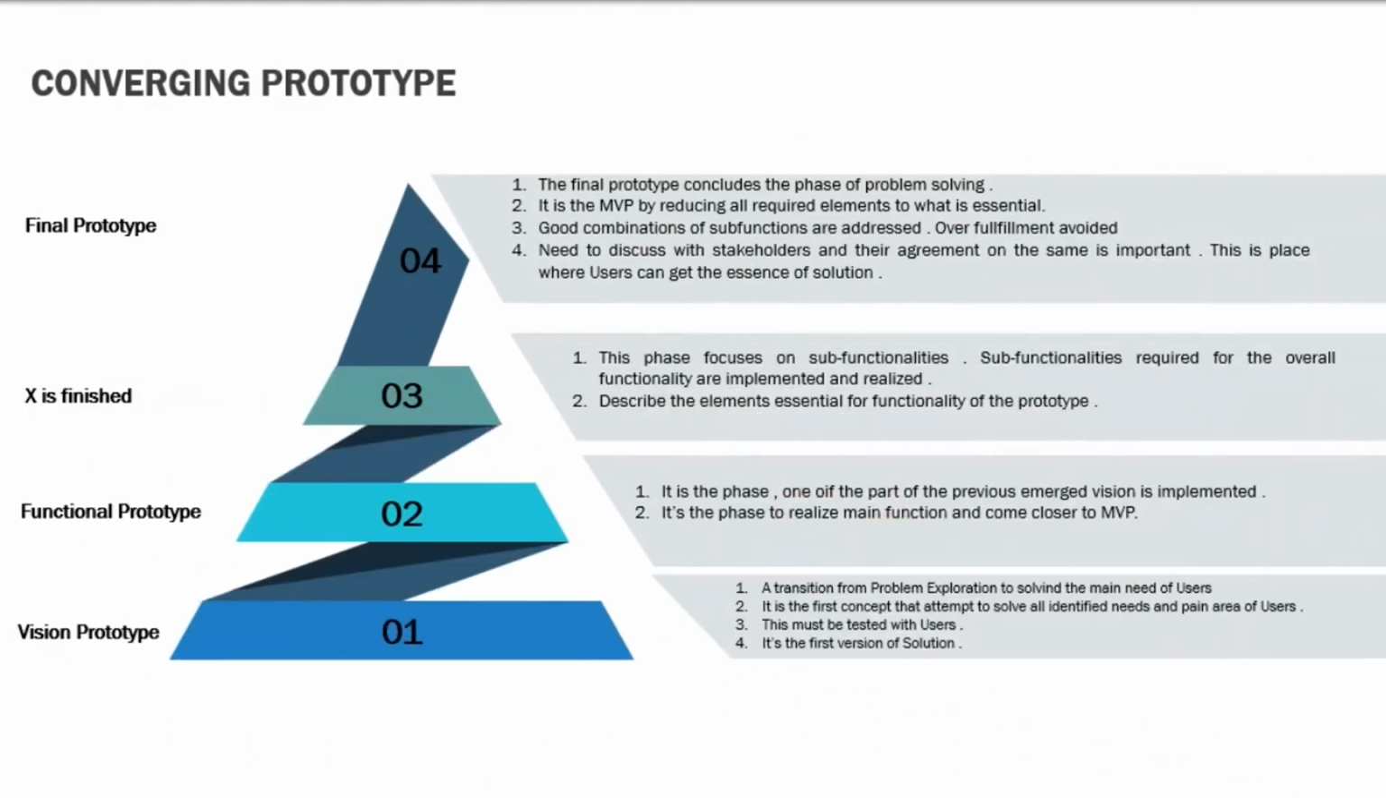Converging prototype. A converging prototype is a prototype that represents the refined and consolidated version of an idea or concept. It is developed during the convergent phase of the design process, where the goal is to select the best solution from the diverse range of ideas generated during the divergent phase. Converging prototypes are the result of evaluating, refining, and combining the most promising elements from different concepts. These prototypes serve as a focused representation of the final design direction, helping designers and stakeholders make informed decisions about